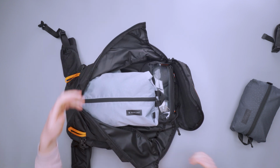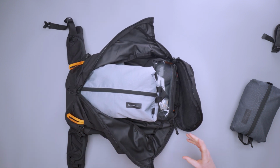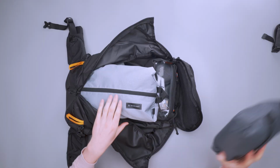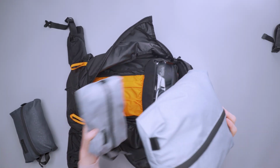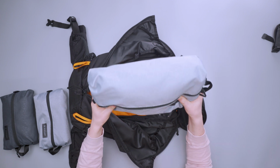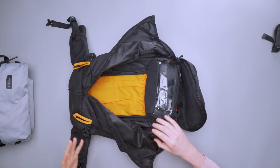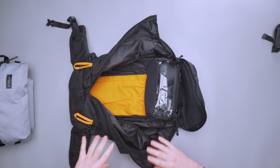It just makes getting inside really easy, especially if you like using packing cubes and different organizers and stuff like that. You can grab them out without upsetting everything else that's inside. But I've got this packing cube in there. This other one is the same size, and then I'd say this one's large. These ones are maybe small or medium size. And I had a lot of room to spare inside here, but as you can see, there isn't much organization